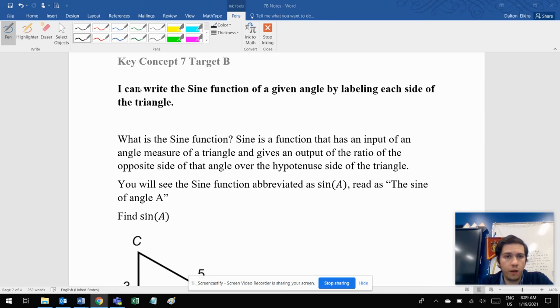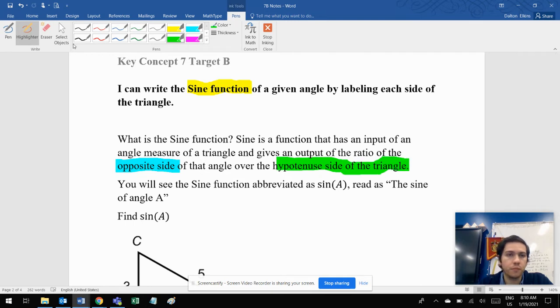The goal of this video is I can write the sine function of a given angle by labeling each side of the triangle. So what is the sine function? It's this new thing that I put in the objective for today. And what is it? The sine function is a function that has an input of an angle measure of a triangle, and it gives the output of the ratio of the opposite side of that angle to the hypotenuse side